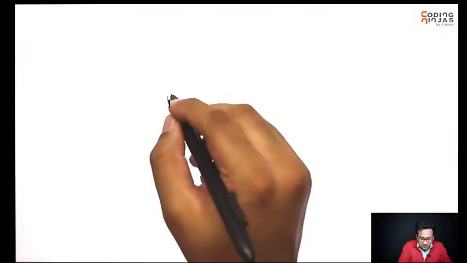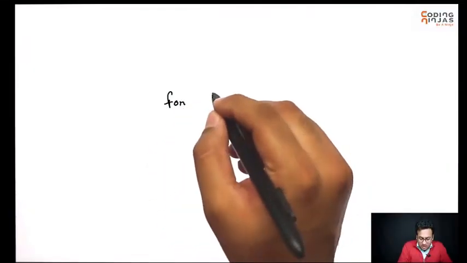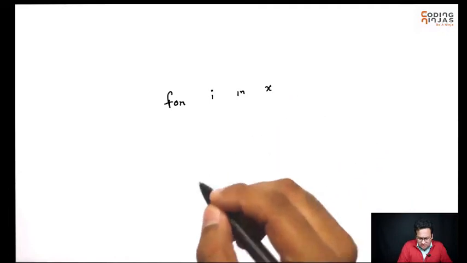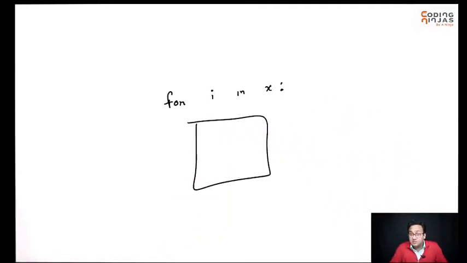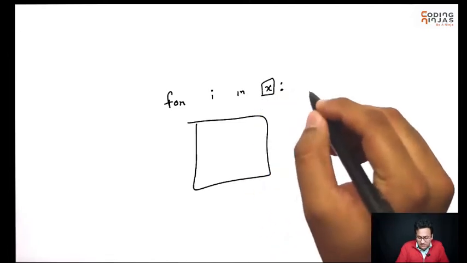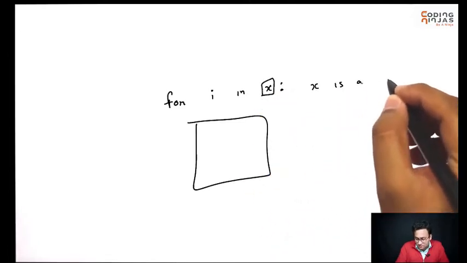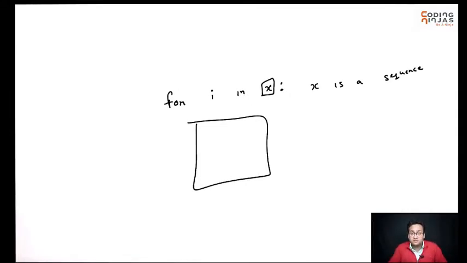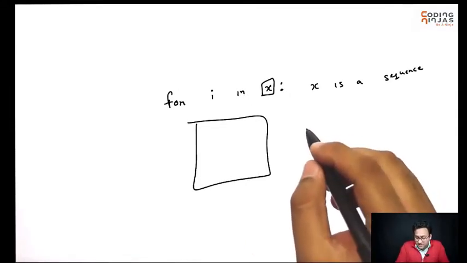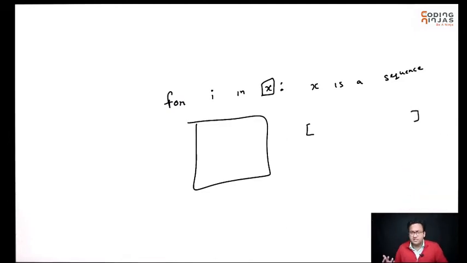So generally, the syntax of a for loop, again, it's a loop, right? It's used for doing something repeatedly. The syntax for a for loop will be something like this: for I in X, do something. What this basically means is X will be a sequence. That means X is a collection of multiple things at one place. So let's say X is a collection. We'll figure out how to make collections and what collections are.